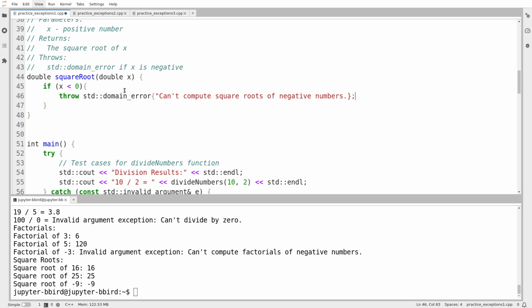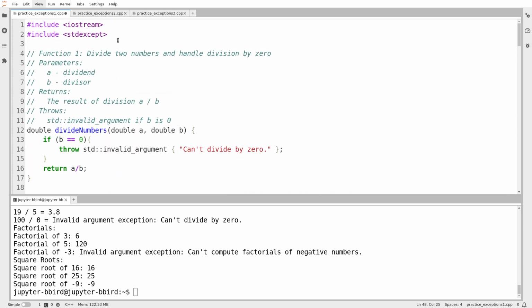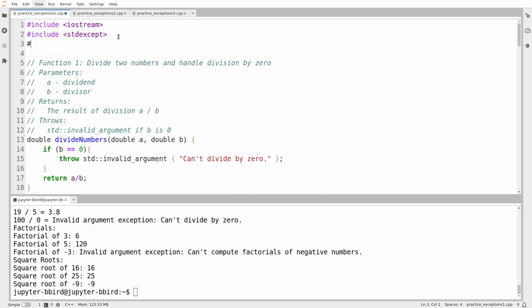Now, what do I do otherwise? Okay, so the cop-out would be for me to just call the standard library square root function. I guess to demonstrate that, I'll try out that cop-out, std square root of x. Now to do this, I have to bring in the math library, which is called cmath, because it's actually math.h from C. So you might remember square root from last year in 111 in math.h. If you want to use a C library feature, you take out the .h and put C in front of it.